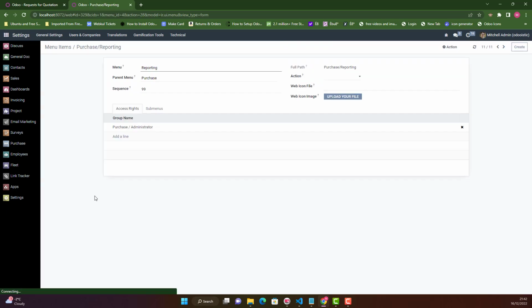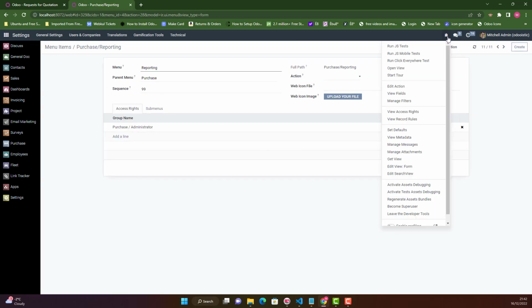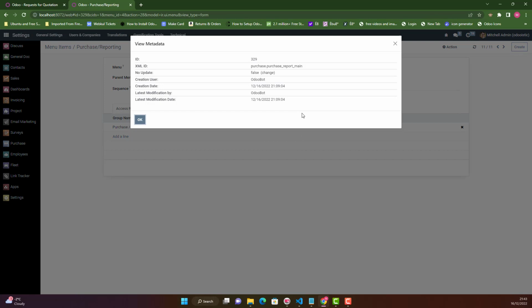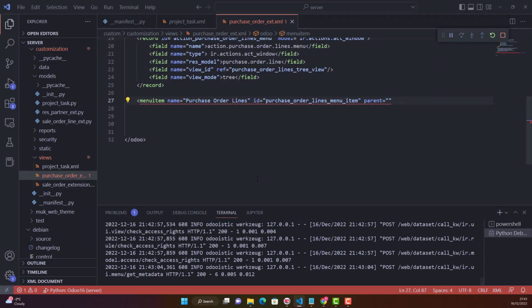So I click this, and after clicking that, I can click this button here, and I need to click view metadata. When I click view metadata, it will give me the XML ID for that menu item, which is purchase.purchase_report_main. Let me just copy that, and I go back in parent,